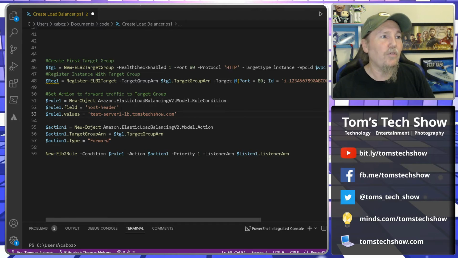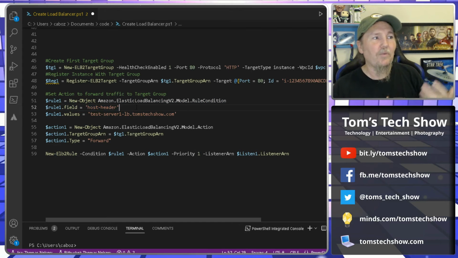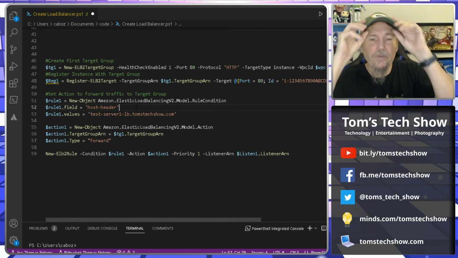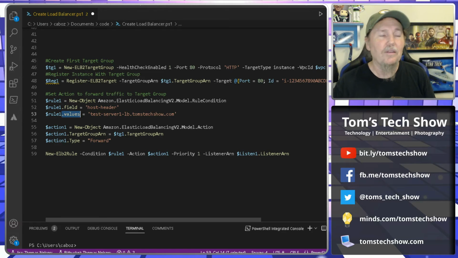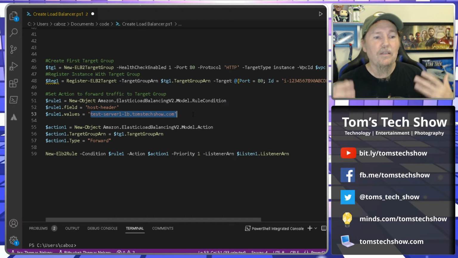I can see value, but field kind of throws me off. On the page for the rule condition object, there's all kinds of other different fields, and all of them are very descriptive, but this one is just field, and the ones you're using most are field and value, which, okay, is fine, but our field is host header, and the value is the URL that's going to be hitting the